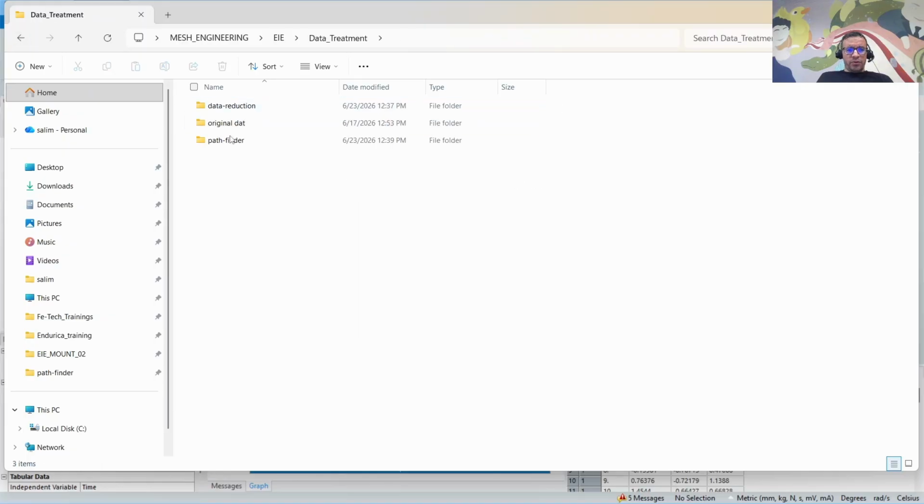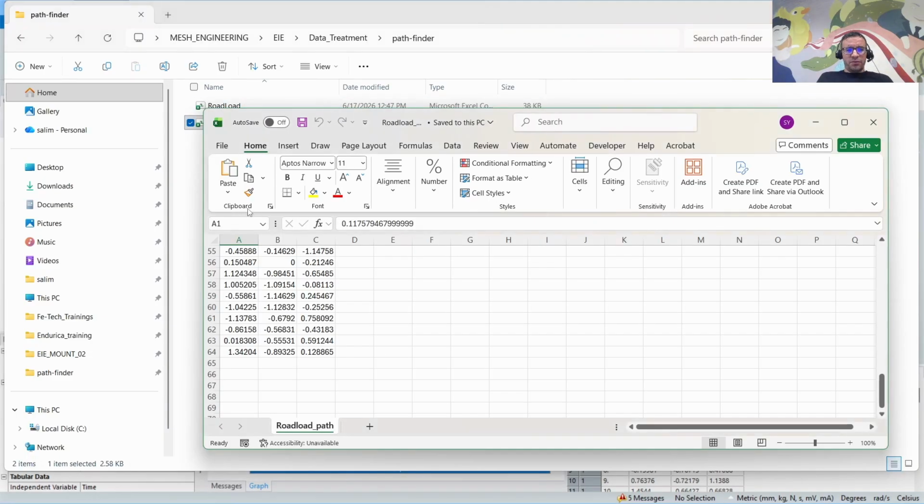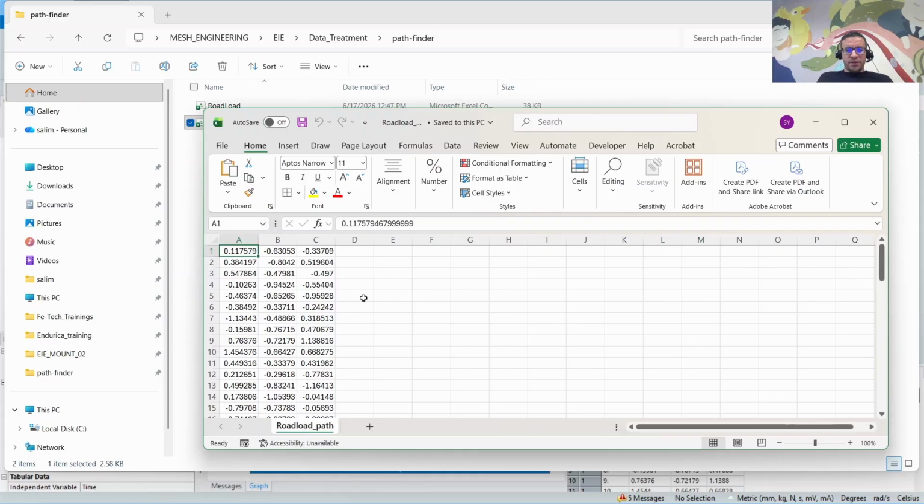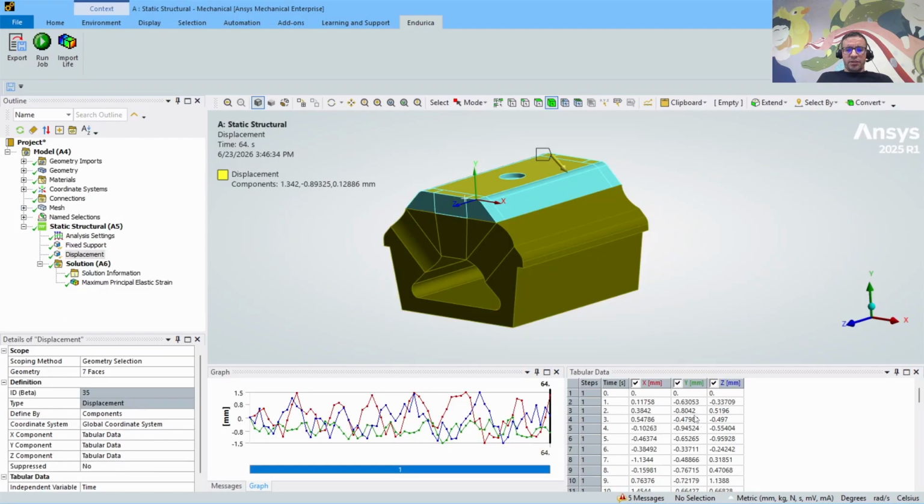That's what I'm going to double check. So in Pathfinder, I go to the map, which is the road load path, and see if it starts with 0. It doesn't start with 0 here, but the boundary conditions here start with 0, which makes the KI file